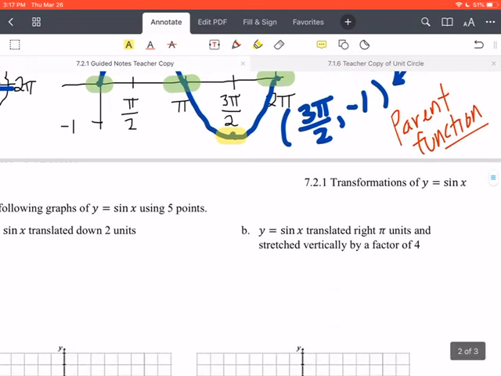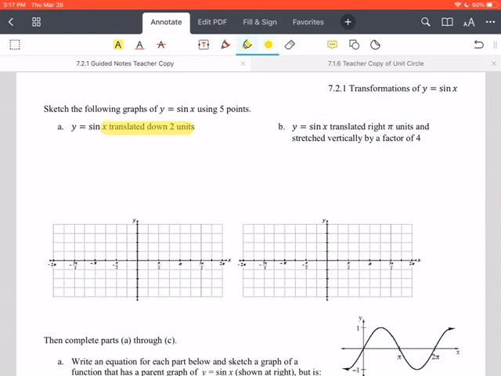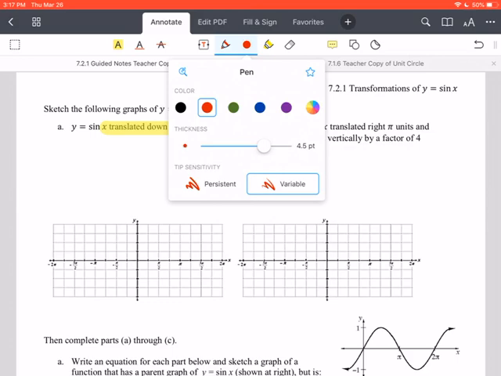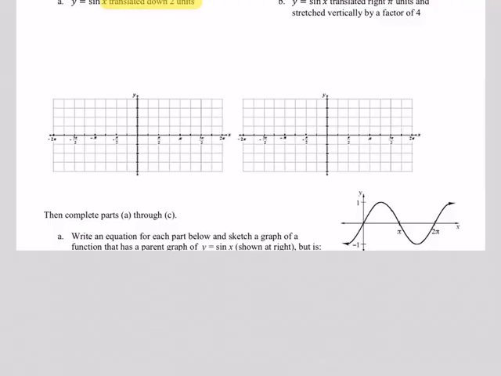Okay, so let me zoom in, see what we're doing here. We are going to sketch the following graphs of y equals sine x using 5 points. But what we are going to do is work on translating at the same time. So we know our 5 points from what we just did, and now we are going to focus on translating 2 units down. If we think about those key points, we normally would start at 0, 0 because the sine of 0 is 0. But we are now going to shift 2 units down and put